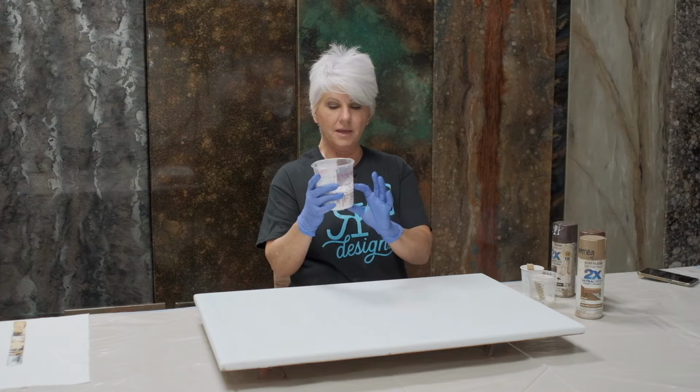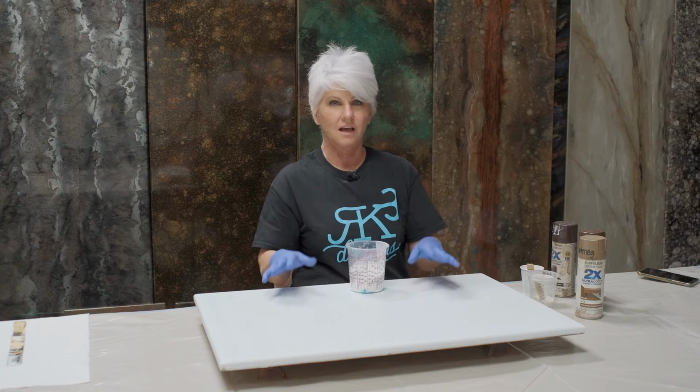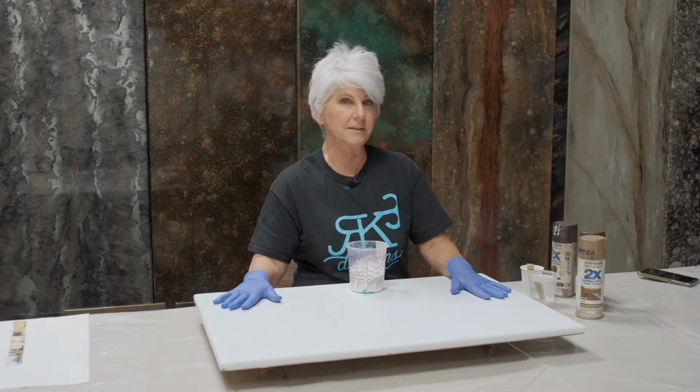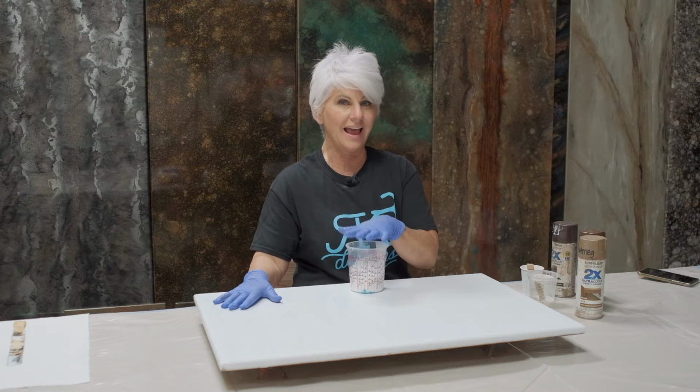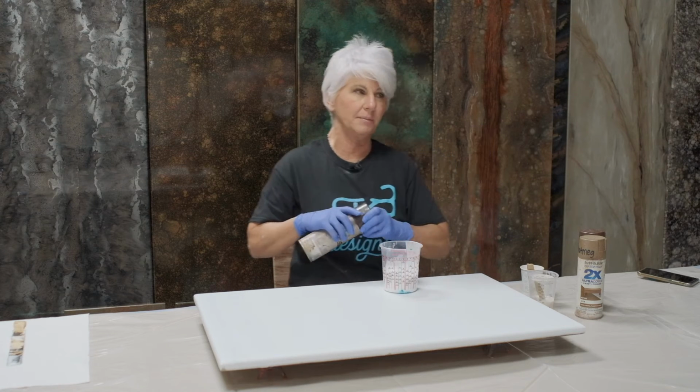Okay, so I'm gonna do something a little bit different. I've got about 6 ounces of white opaque dye. The whole top is gonna take 12 ounces. So I've got half of my material in white. And I'm gonna come in here and do a